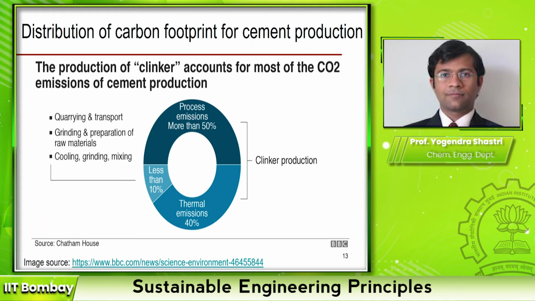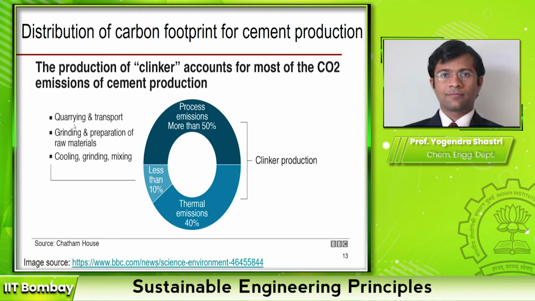So going back to the example of cement production, this is a picture from a particular study which is mentioned at the bottom of this slide. This diagram shows the emissions because of cement production, and you should go back and check the literature. Cement manufacturing is a fairly energy and carbon intensive process. This analysis shows that the clinker production step is the most important step that leads to the most greenhouse gas emissions, and the indirect or scope 3 emissions are actually less than 10%.